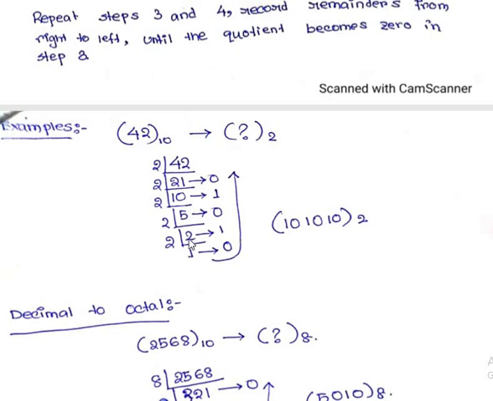So here the last number is 1. You cannot divide a number by a number which is larger than it. Here the result is 1, so I cannot divide it by 2. So I keep it like this. I have written the number from bottom to up order, which is 1 0 1 0 1 0, and the base is 2.